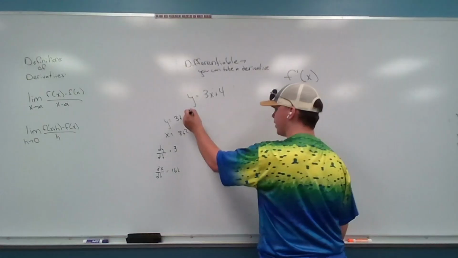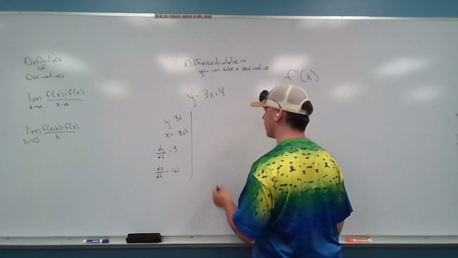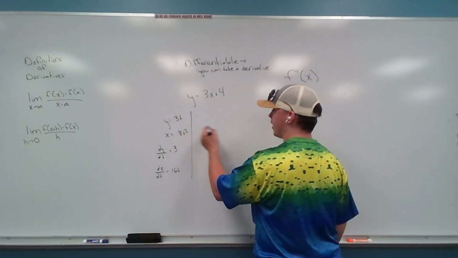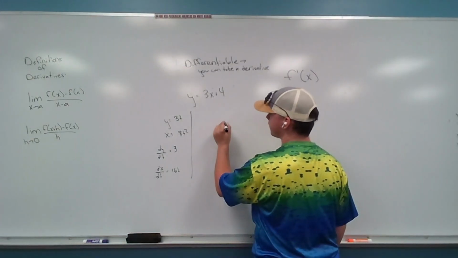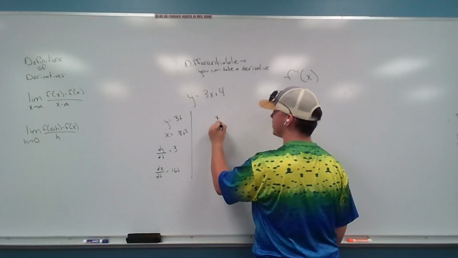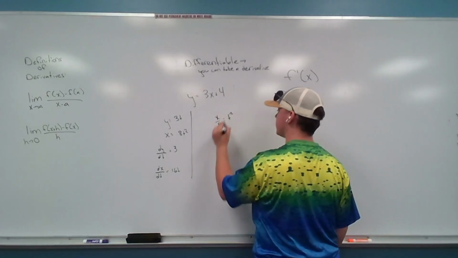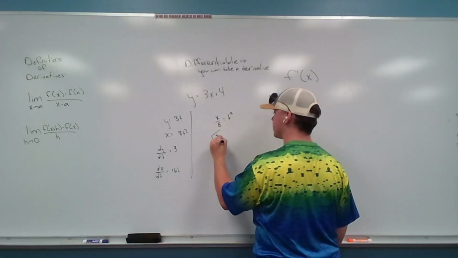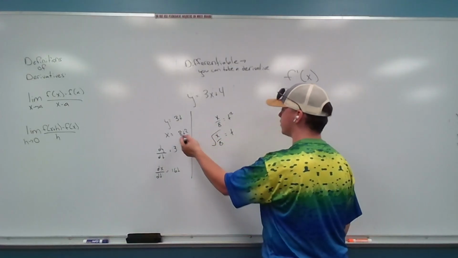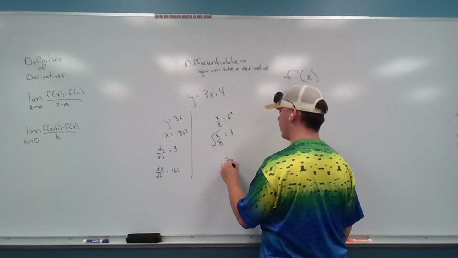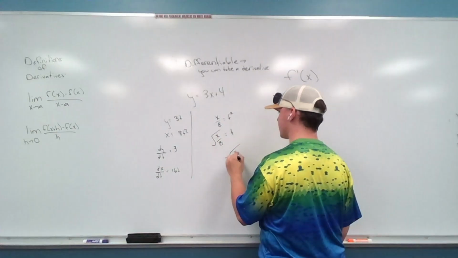Actually, sorry, just real quick. You can skip the video now if you want. For t, we're going to solve for x. So x over 8 equals t squared. So root of x over 8 equals t. And then we're just going to substitute that back into the y. So 3 root of x over 8